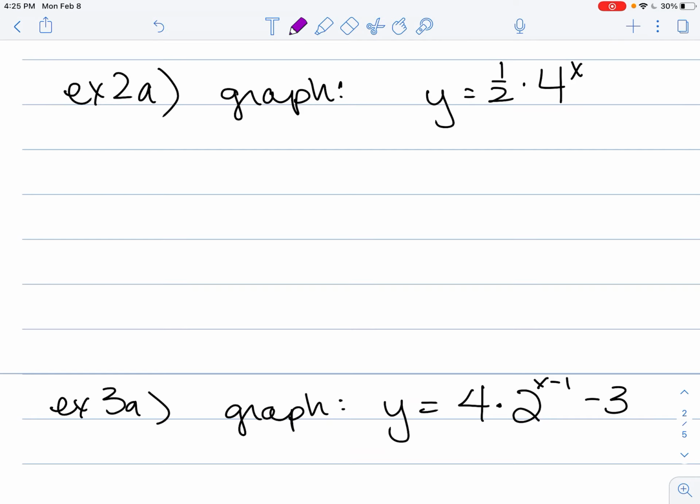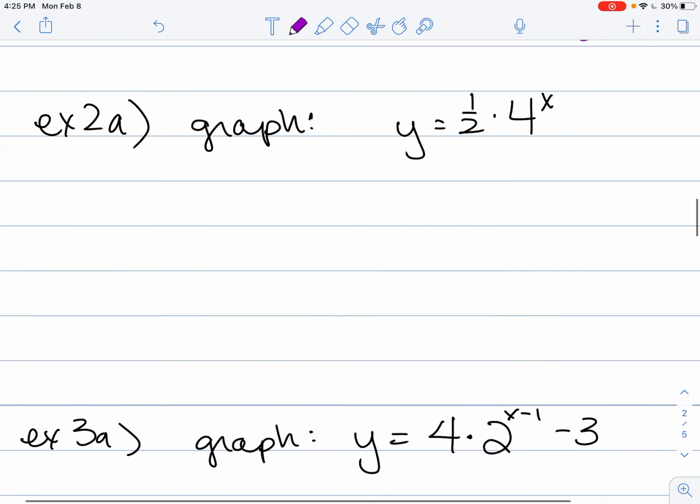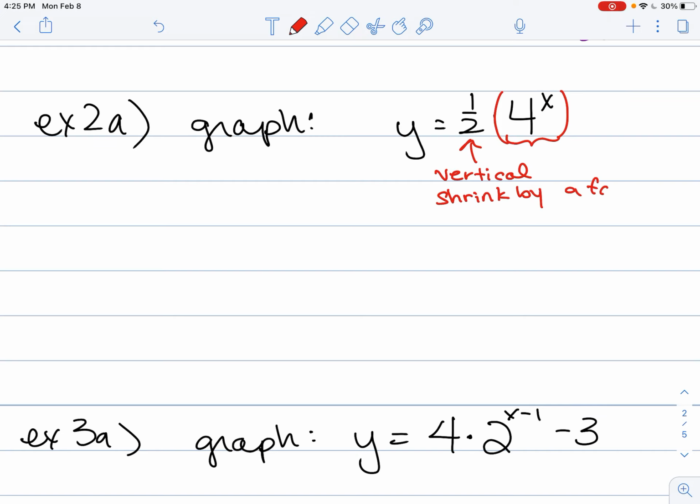Okay, so let's go ahead and say, okay, how would I graph this? So keep in mind, this is our function. This right here is that thing in front. So pretend like there's a parentheses around this. This is a vertical shrink by a factor of 1/2. So if I were to graph this really quickly,